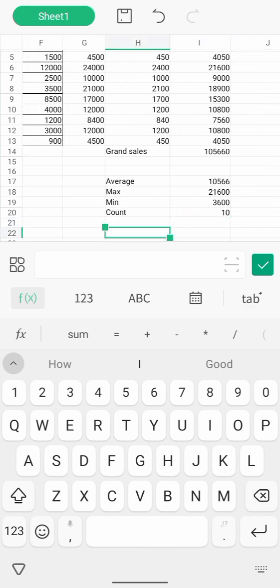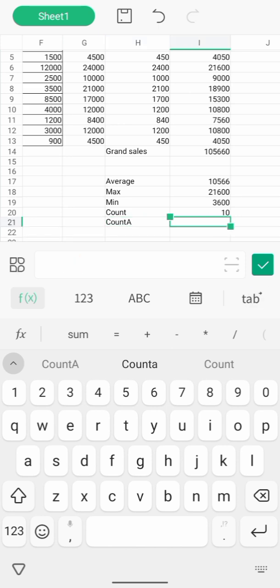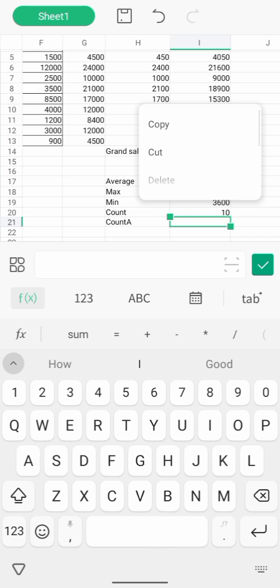If you are not giving count our customer, which other method? I say we have count A. Are you with me? So how do you use this? We use this count A to count the cell that is not empty. It only counts cells that contain something, which is equals to